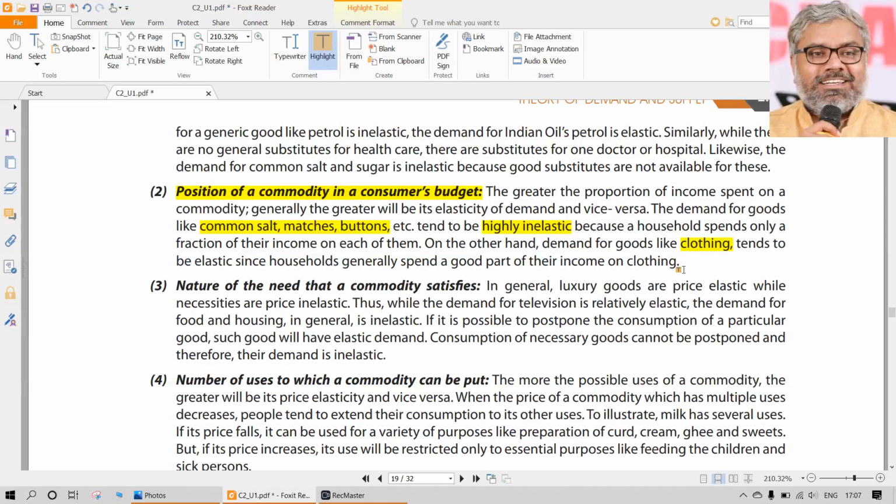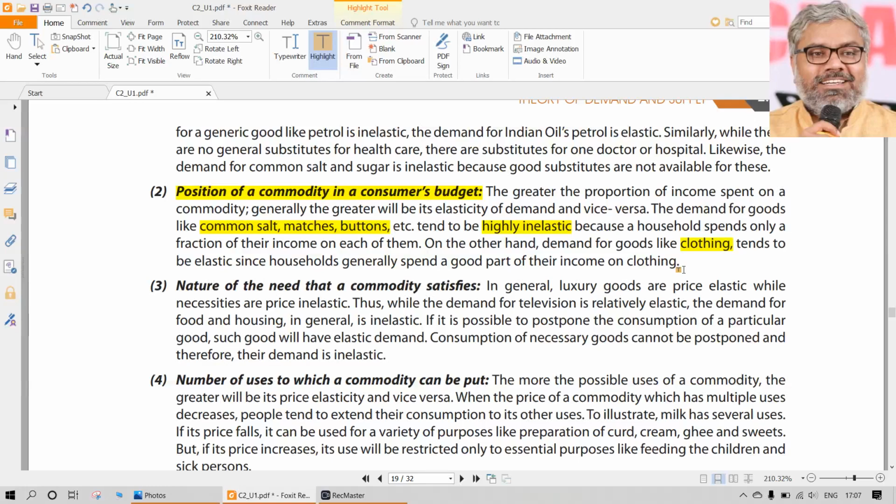Reading a book can be a hobby. Playing some game can be a hobby. Shopping is a need-based thing. If you need something, you go for shopping. If you don't need anything, you don't do shopping. As simple as that. But anyway, some people have this variety of hobbies. Keeping them apart, normally buying clothes is not something that happens even every month. So in a monthly consumer's budget, will there be a portion allotted to buying clothes?